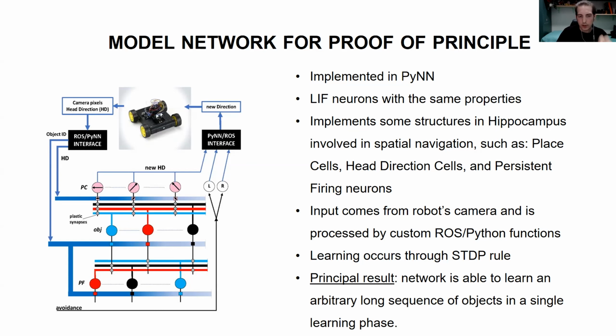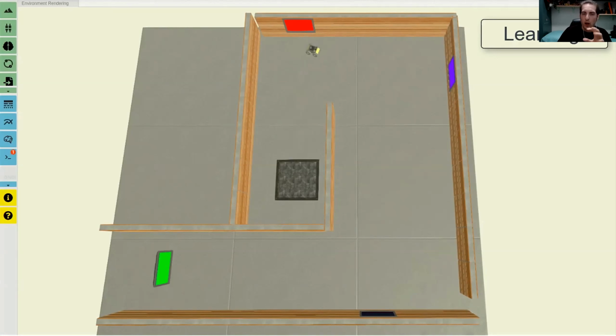What is the principal result of this model? The principal result is the ability of the network to learn an arbitrarily long sequence of objects, in this case colored objects, in a single learning phase. So now we have a video inside the NEUROROBOTIC platform. The environment is very simple, but it is modified with some added objects that are colored virtual screens. The network is able to learn the existence and position of each object and use them to create an exit sequence from